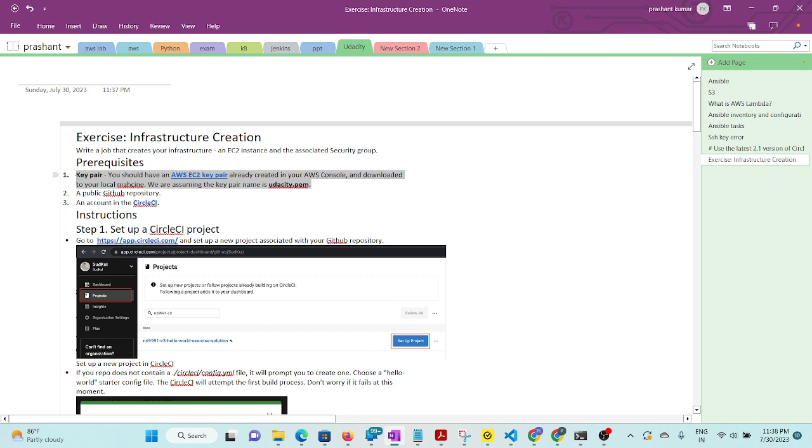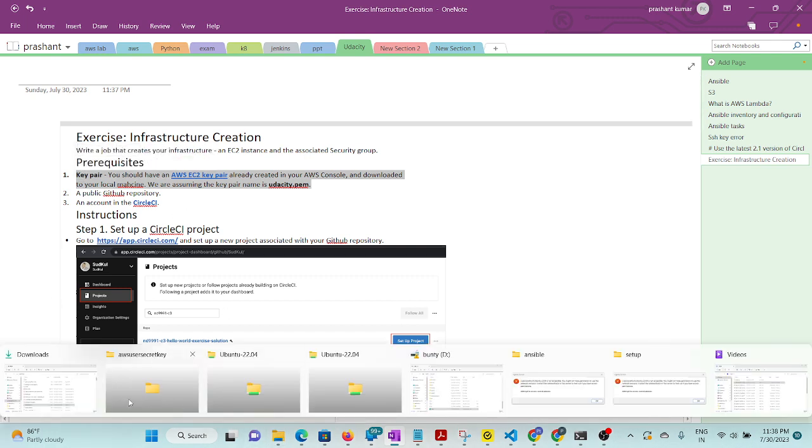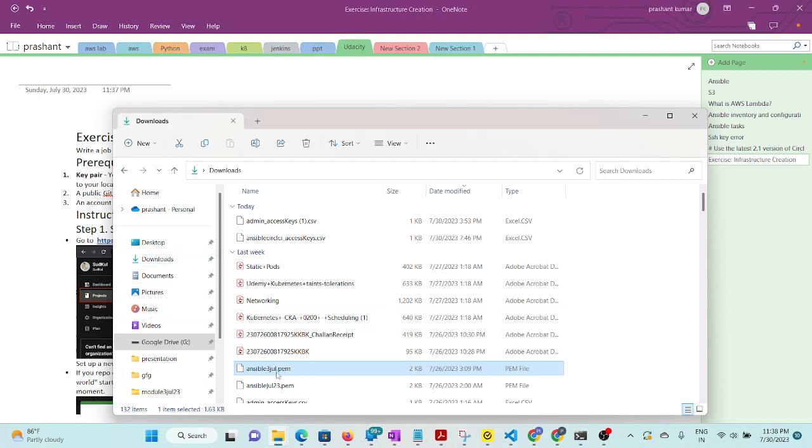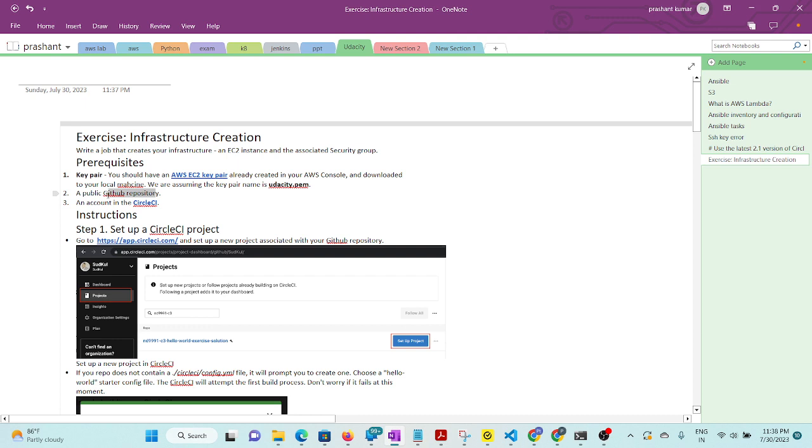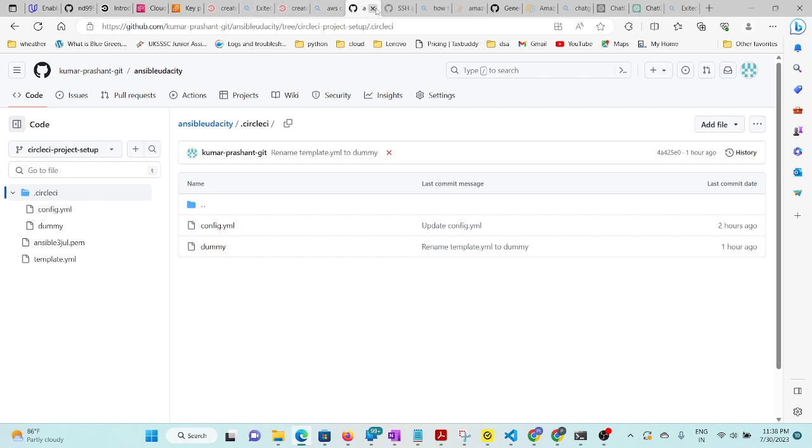So that key pair, I have created my key pair already. That is Ansible 3. This one I have created, and then that public GitHub and Circle CI. These two we need. So what I have done is,